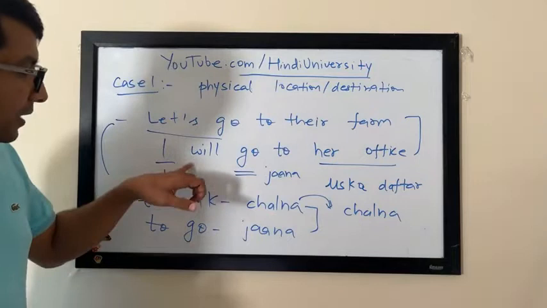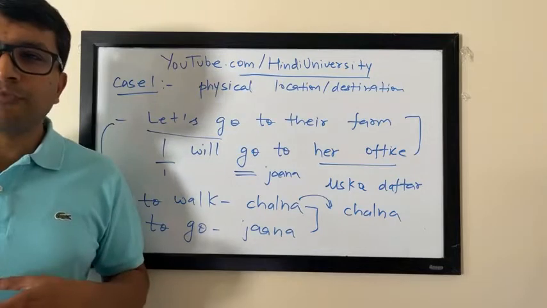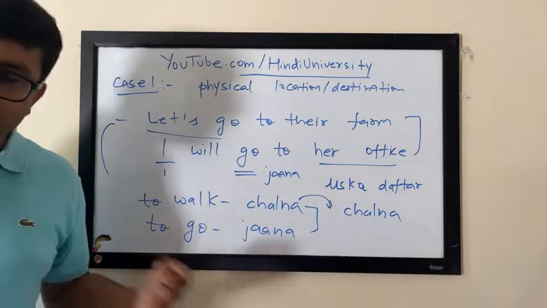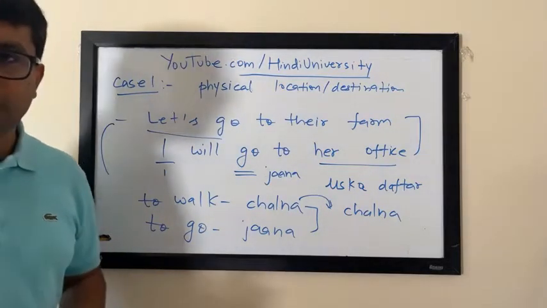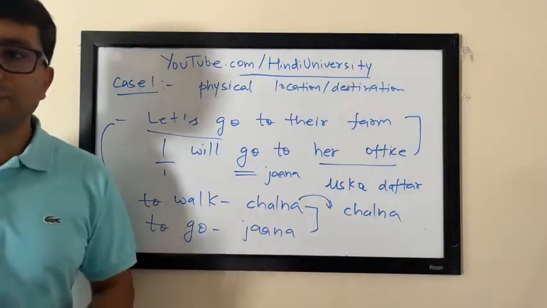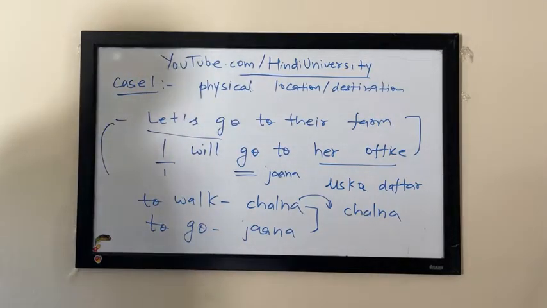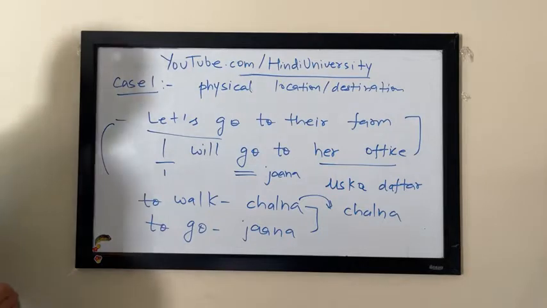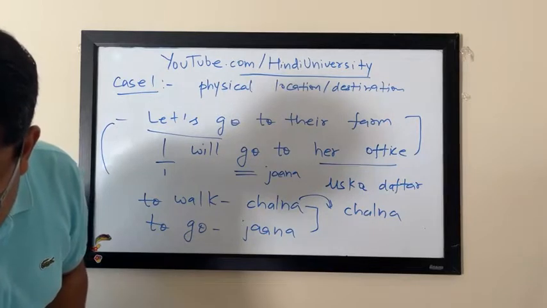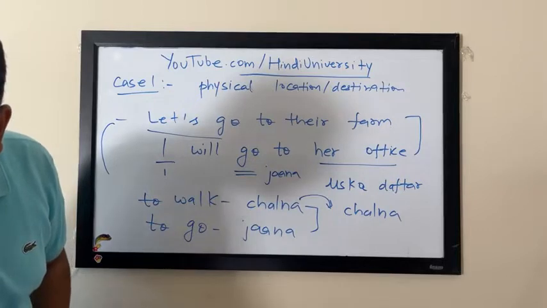But again, it's 'I will go to her office,' right? When you say मैं उसके office को चलूंगी, it doesn't sound correct. You end up using मैं उसके office जाऊंगी, which is the form of jana, not chalna. You will not say मैं उसके office चलूंगी. I don't know if that makes sense or helps you in some ways, but if any of you have any better explanation, feel free to share it. Kelly ji, do you have any other better explanation for this one?